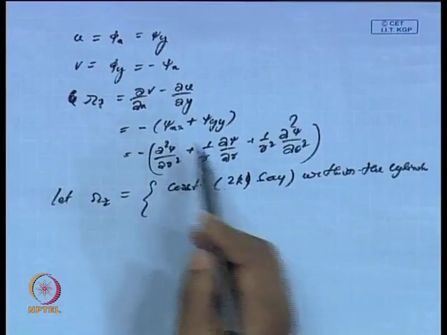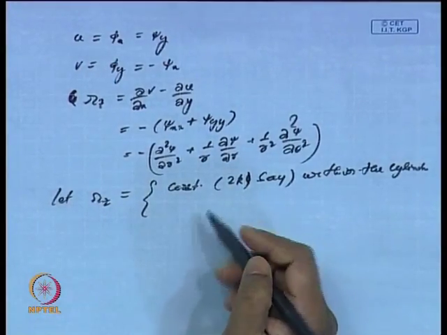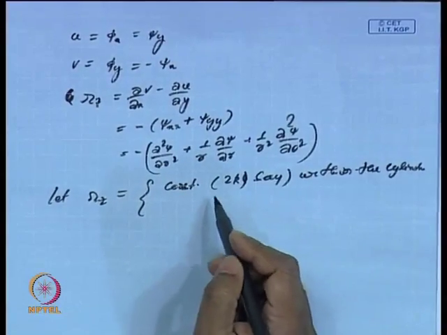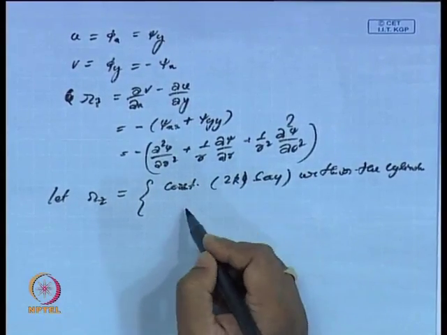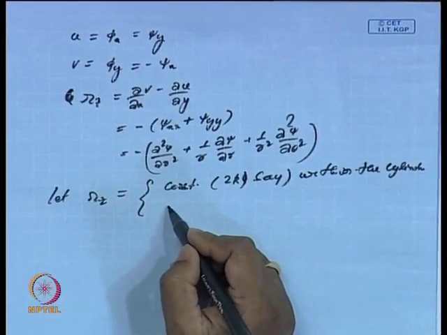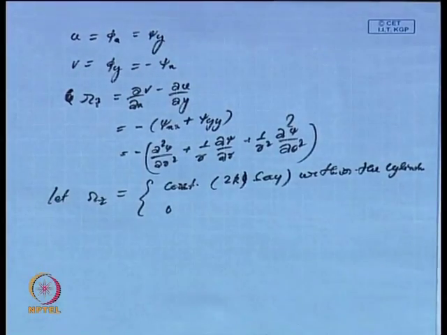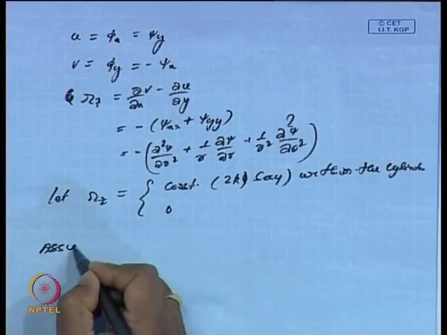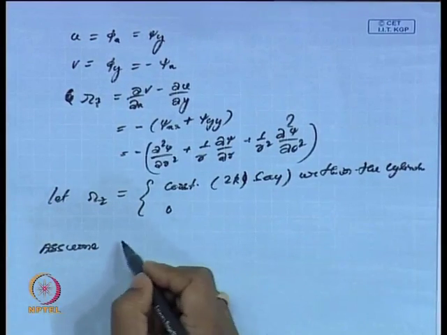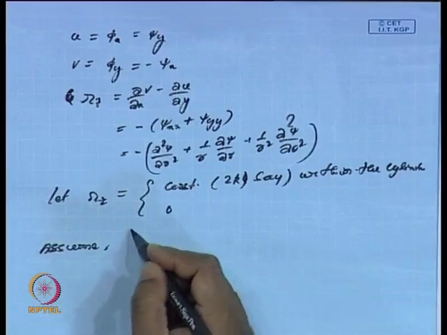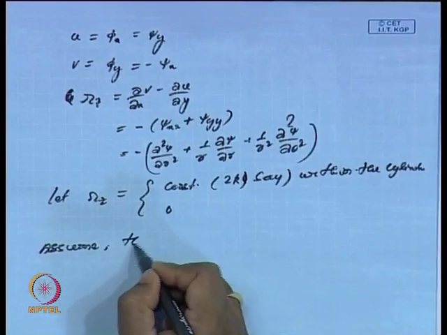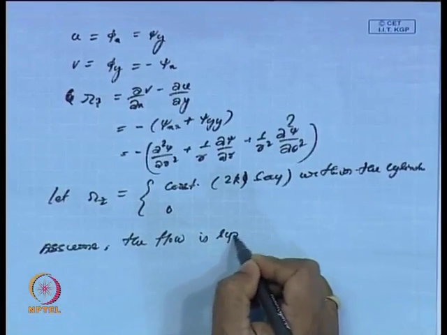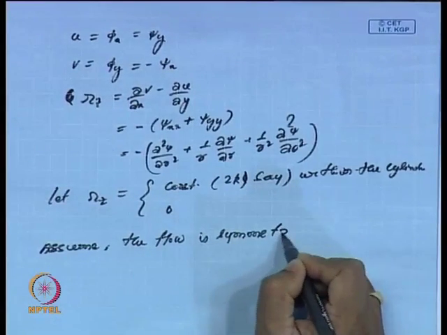Outside the cylinder the flow is irrotational, so omega z will be 0. Now, if I assume that the flow is symmetric about the origin,